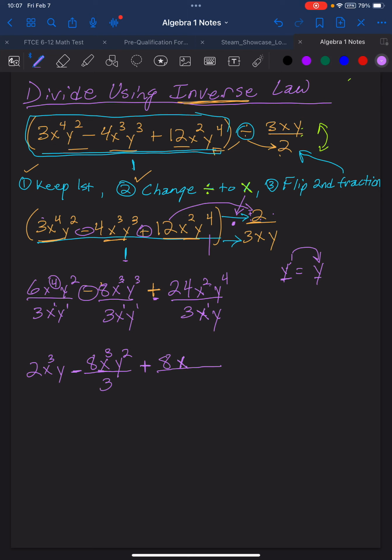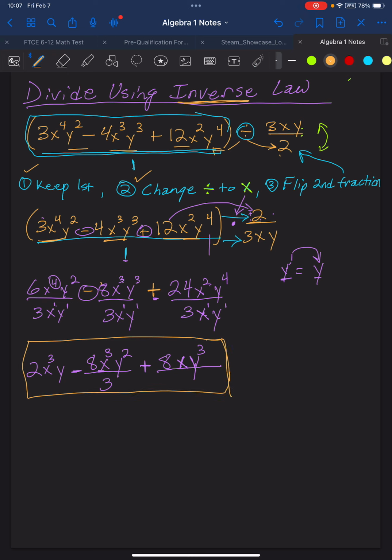All right, now we have 4 minus 1. Okay, 4 minus 1 is 3. So my y is going to be raised to the third power. And that's it. We are done. We divided everything. We subtracted all our exponents. Okay, and just to go back over the steps again, when dividing polynomials or dividing any fractions,